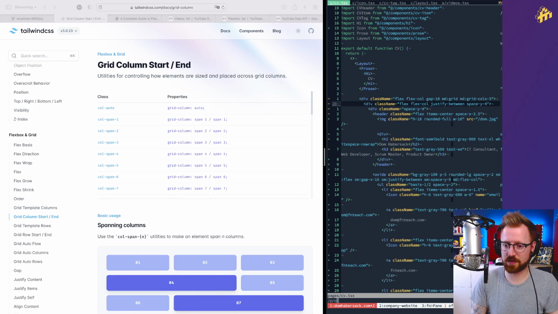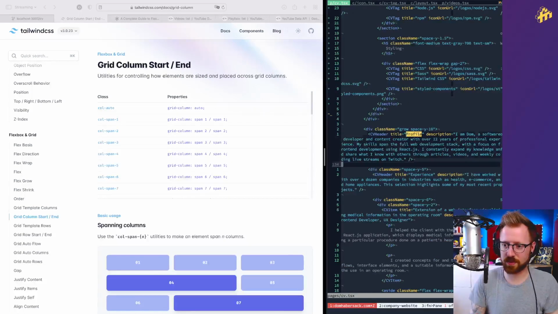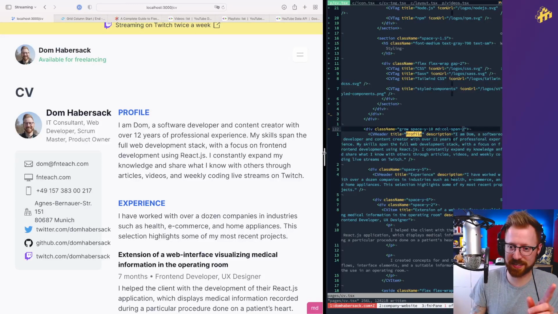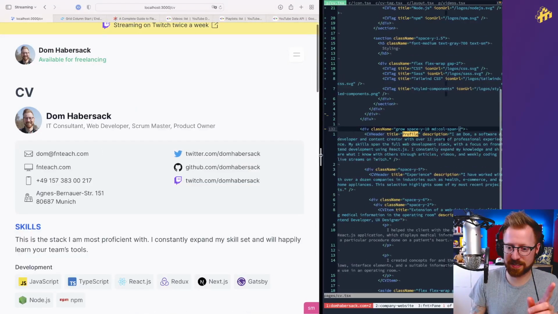So the easiest would be going in here where it says profile and telling it, hey, on MD, on the medium breakpoint, it's cool if you want to span 2 columns. Just from wherever you start, take up that column and take up another column. That is better. Where does MD start? MD starts exactly